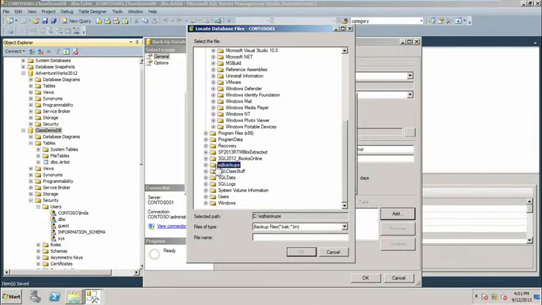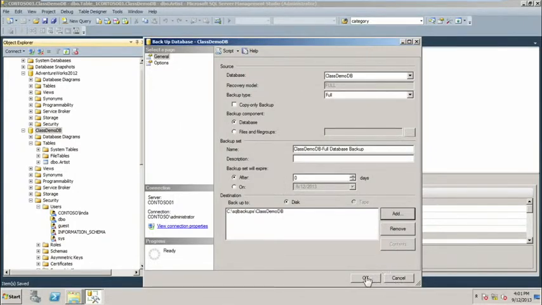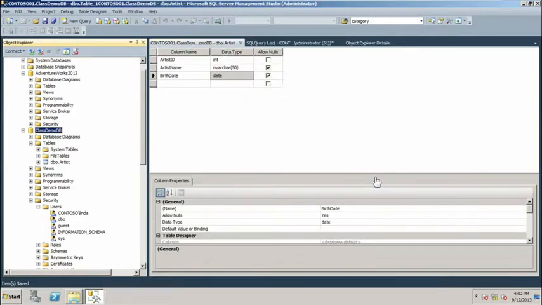We're going to back up to SQL backups, and we're going to call this class demo DB. It'll use the .bak extension, so I'll just let that go. There it comes back. So we're going to back it up to there, and we'll go ahead and do an OK. And then we'll click OK on this one. And the backup database class demo completed successfully. All right, cool. So that's done, and we know in there that we should have the